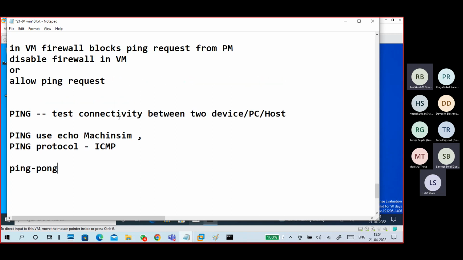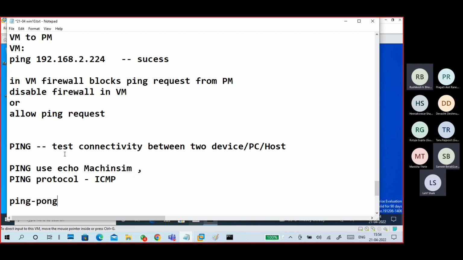So this is about ping history. This protocol is blocked by the firewall. Either you disable the firewall temporarily first, or you have to allow the ping request, or ICMP echo request. So how to do it?